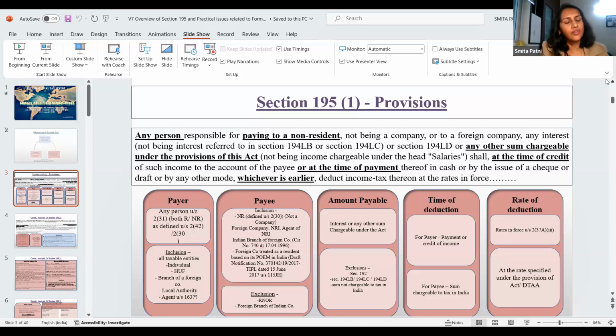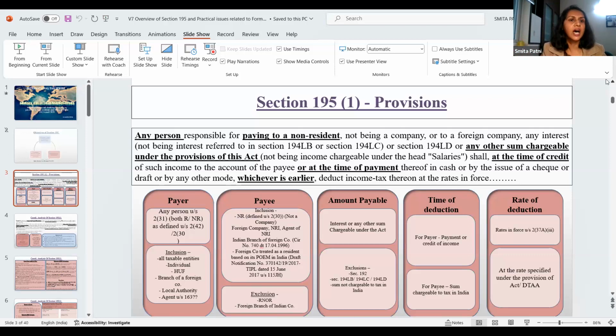For example, for a non-resident in the KBC, if you win more than 1 crore or 5 crore, you get a cash prize also, you get a car also. So if a non-resident has won that prize, the taxability will come for his car also. For the 1 crore rupees which he has won, obviously TDS will be deducted. Now for the car which he has earned in kind, the withholding tax will be calculated. It will be reduced either from his cash prize which is paid to him, or KBC will bear it on its own, or it will ask the non-resident to deposit it separately, and then KBC will pay it. So any other mode means any other kind, even if that prize money is in kind, we are supposed